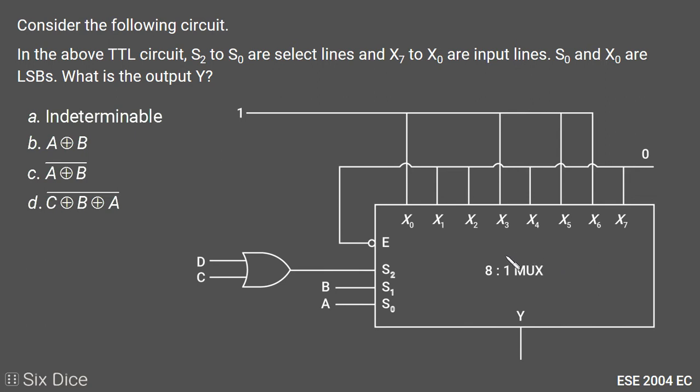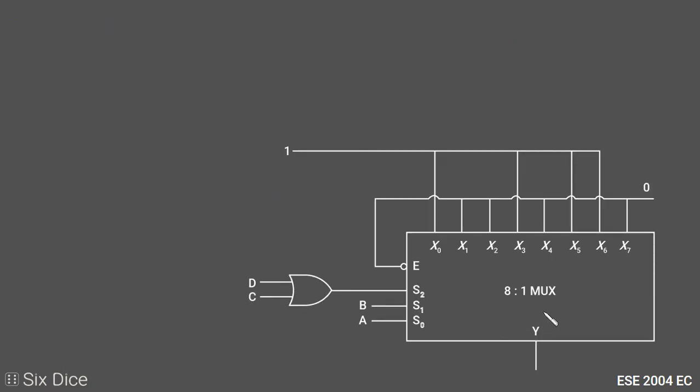An 8-to-1 multiplexer is given with 8 inputs X0 to X7 and a single output Y. We need to determine Y here. In the 8-to-1 multiplexer, there is one active low enable line, and it is connected to 0. So this multiplexer is enabled, because the active low enable is provided with 0 as input, and that 0 is also connected to X7, X4, X2 and X1, and the other inputs X0, X3, X5 and X6 are connected to 1. So first let's write down the output Y of this multiplexer.